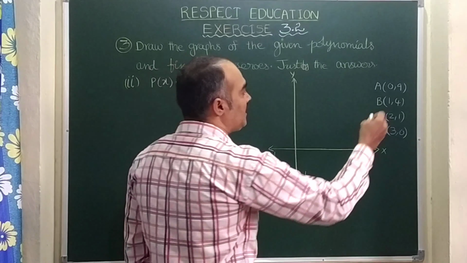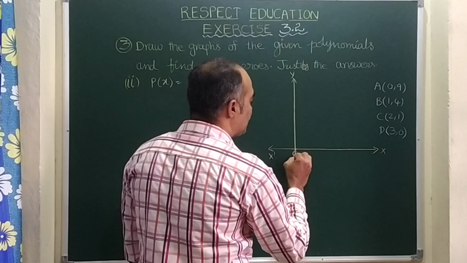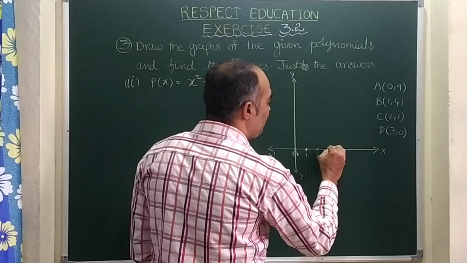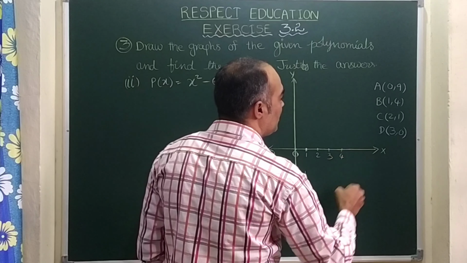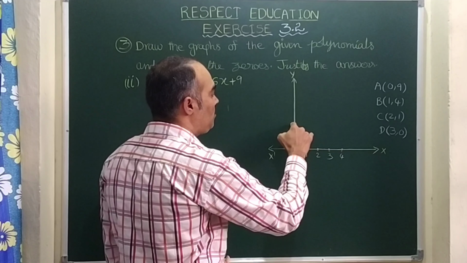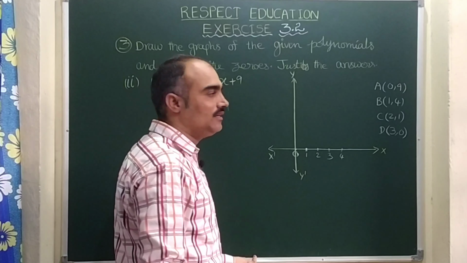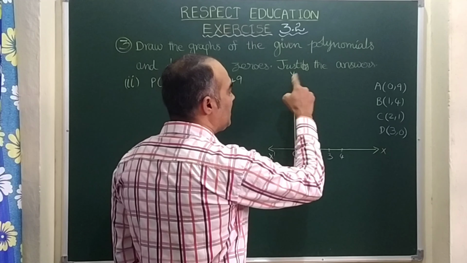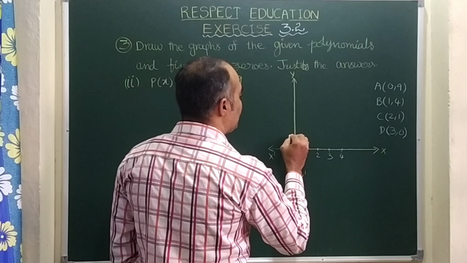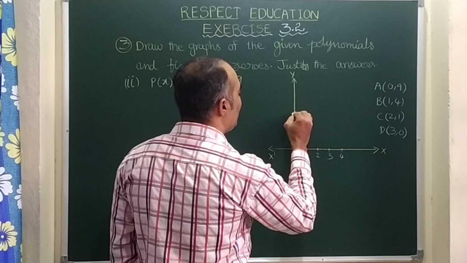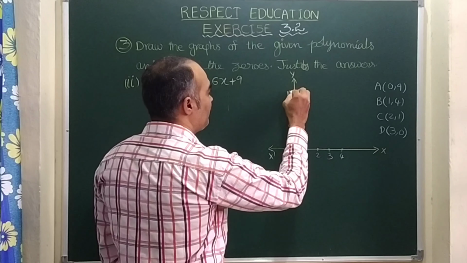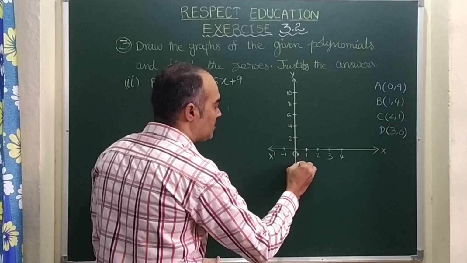Now let us plot the points. x values 0, 1, 2, 3. So here this is O, 0 comma 0, this is 1, here is 2, here 3, here 4. Now y values you see 0, 1, 4, 9. If I write 1 2 3 4 5 6, the place may not be sufficient. So if I take 2, 4, 6, 8, 10, no problem. So I am taking on the y-axis 1 centimeter as 2 units. So this is 2, this is 4, 6, 8 and then 10. Here let us write and leave minus 1, here also minus 1.